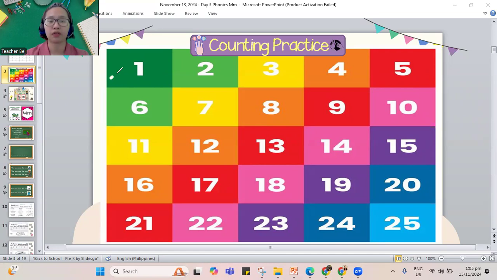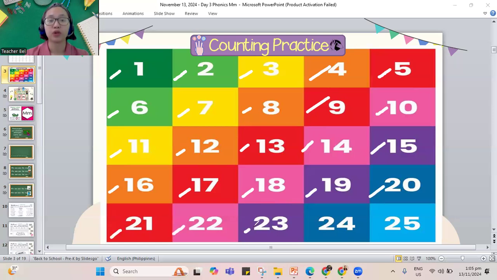The first one, we have 1, 2, 3, 4, 5, 6, 7, 8, 9, 10, 11, 12, 13, 14, 15, 16, 17, 18, 19, 20, 21, 22, 23, 24, and 25.